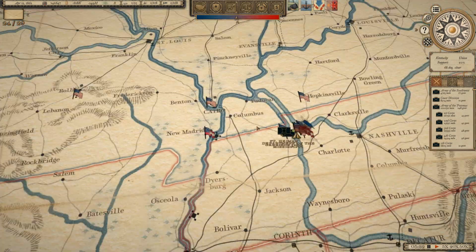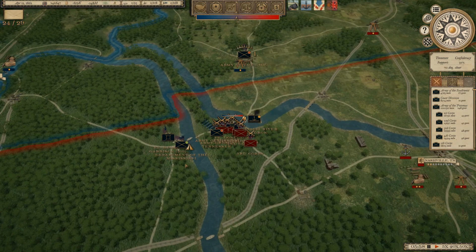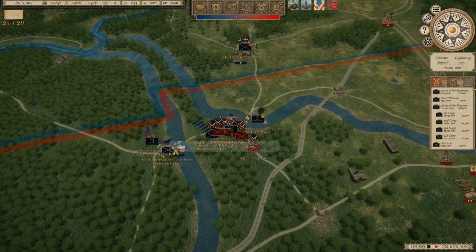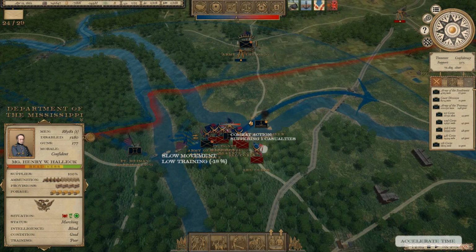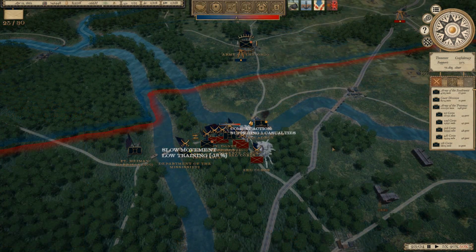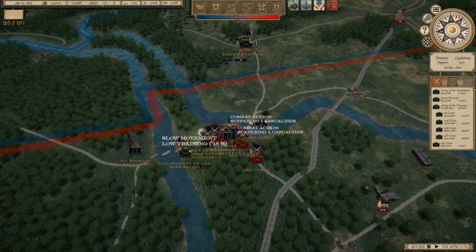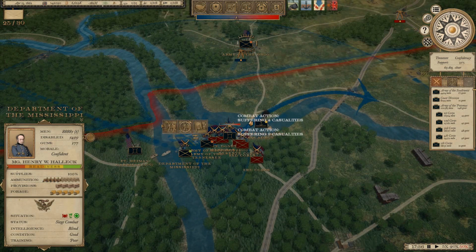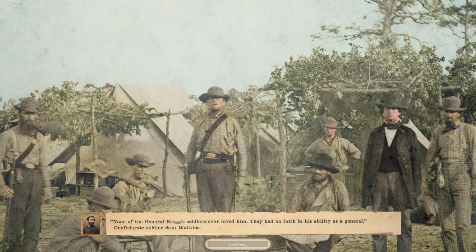Let's take a look over there at the fort. Man, that is a hell of a battle, guys. Just going on for days, really. And there we go. Got our additional army in there. It looks like the Department of the Mississippi is coming in to clean up shop. I hope so, anyway. Charge. Okay, it looks like we can...